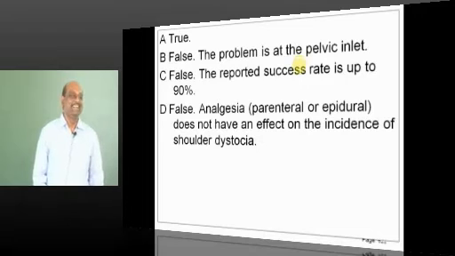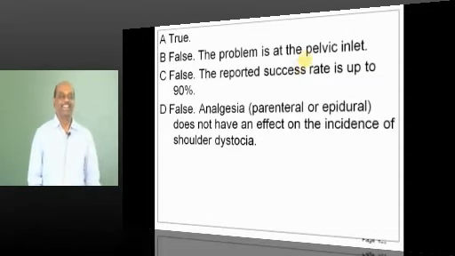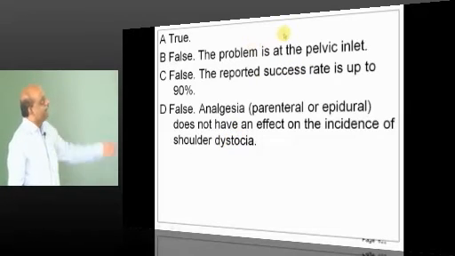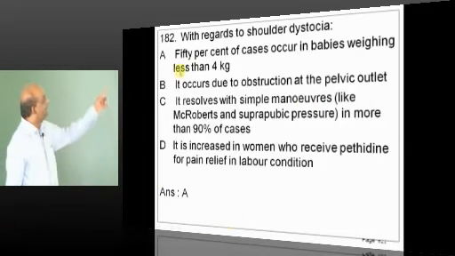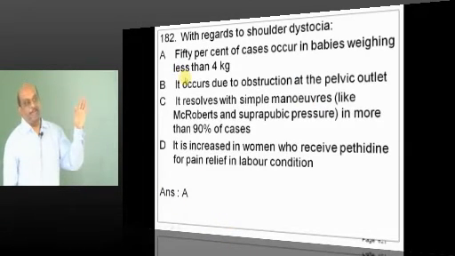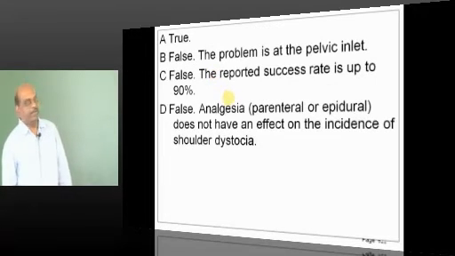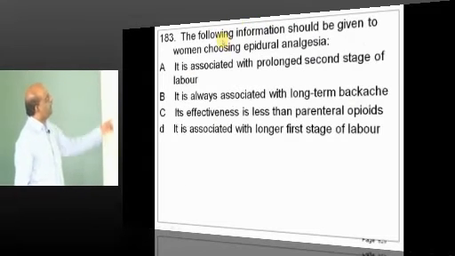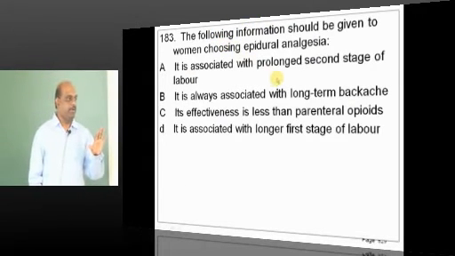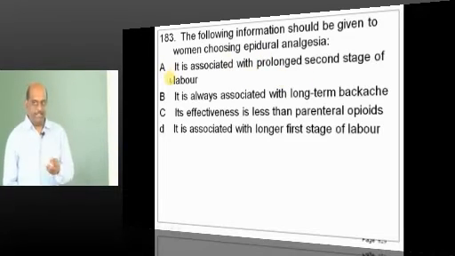Okay, doctor, getting 10th rank is not the same as 11th rank. But the problem is at the pelvic inlet, doctor. We will check. You can once more review shoulder dystocia, pathophysiology, everything. This question is absolutely rightly framed. Answer is A. B, your objection is overruled. Now doctor, what is our wrong framing score so far? 6. It's 6, okay. If it reaches 10, better we resign from setting the paper.